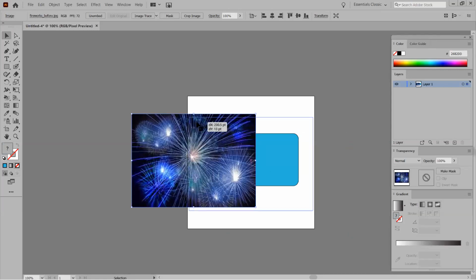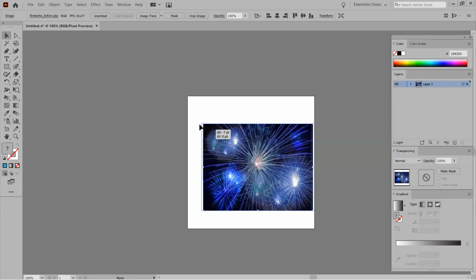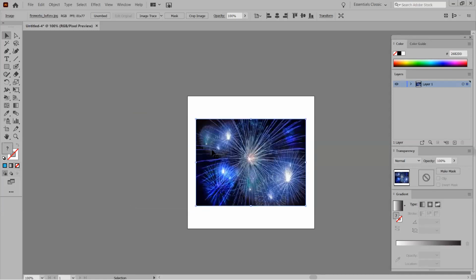Then I'm going to move it over and just scale it somewhat over that image. Now, obviously, I want the image to be in the back, right? Because remember, the mask should always be on the top. That's what you need to remember. The mask should always be on the top. Actually, yeah, let's go on and do that. So let me